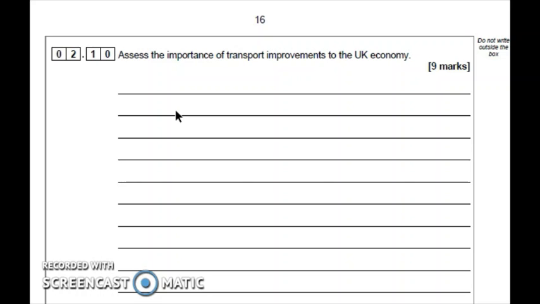You could talk about maybe the growth and the expansion of Heathrow Airport down in London, the idea that they want to build a 3rd runway. Again, you could say that that's really good because by building a new runway, you're going to create a lot of short-term jobs for the people actually building the terminal and the runway. But you could argue, well, it's still only going to benefit London.